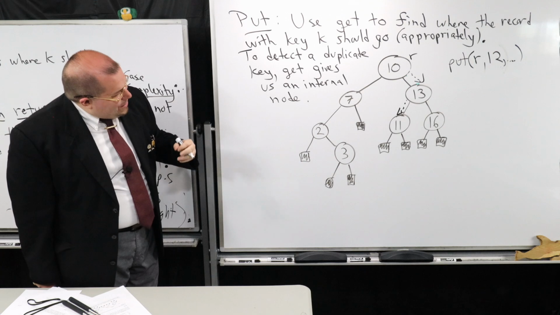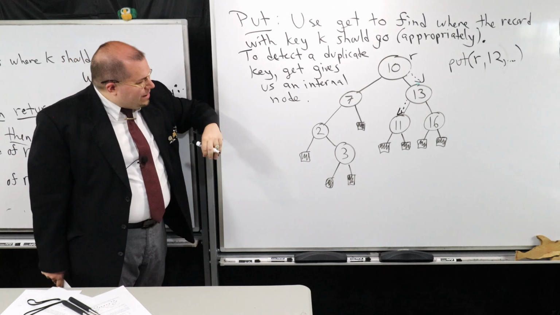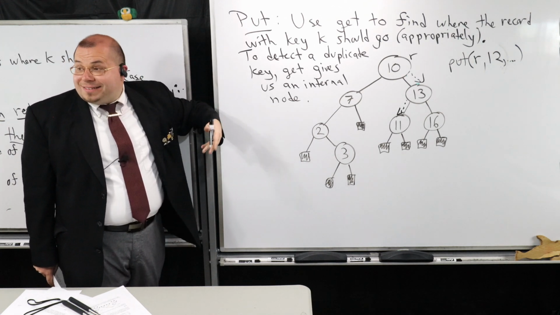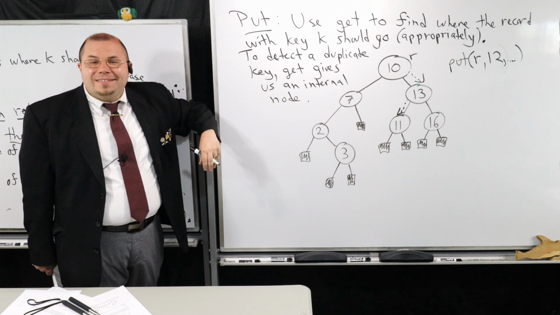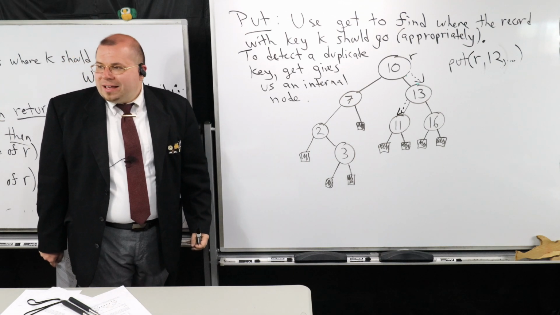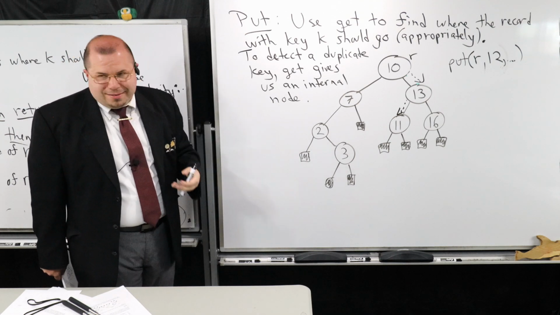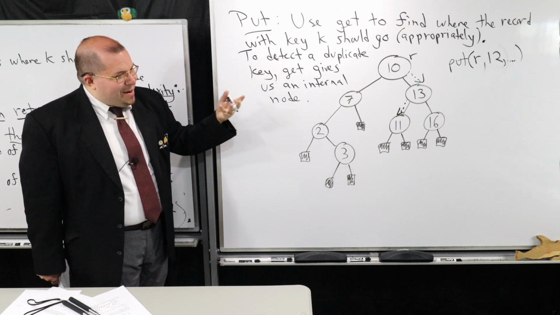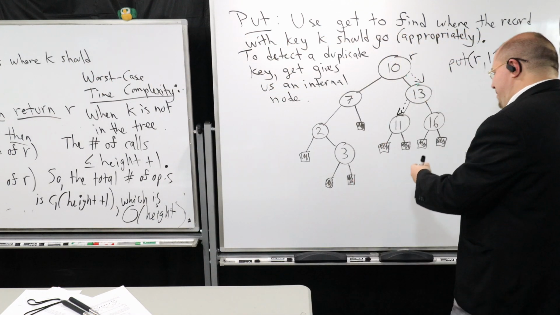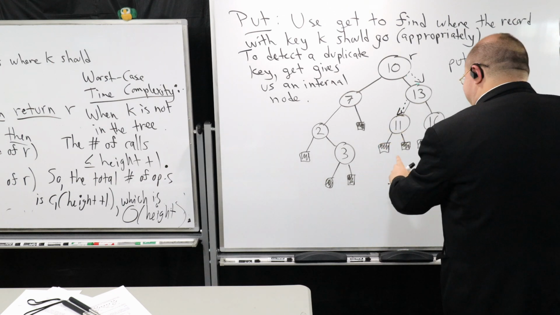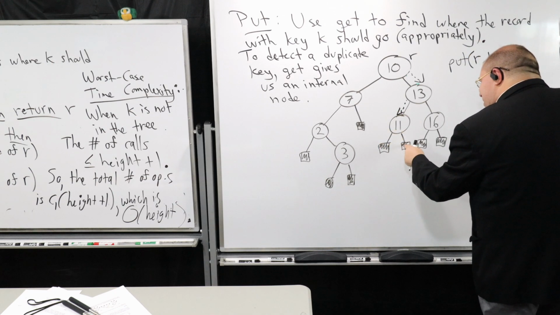Then we have 11. Now, 11 is less than 12. So which direction should I go, left or right? Yeah, this time I should go right because 11 is less than 12. I'm getting the inequality in the right direction. Again, Monday moments, I guess. So now I know I'm going to go right here.